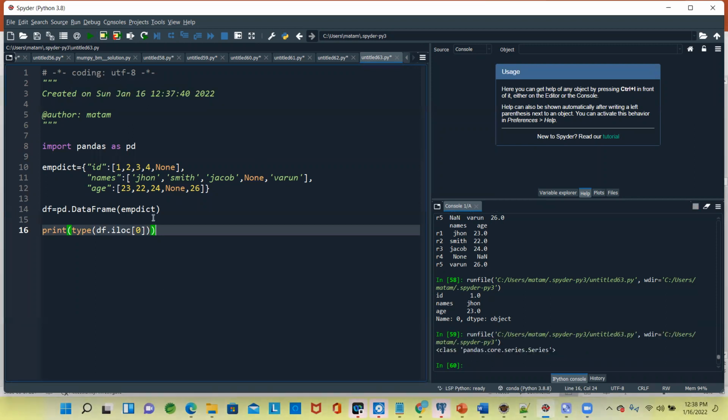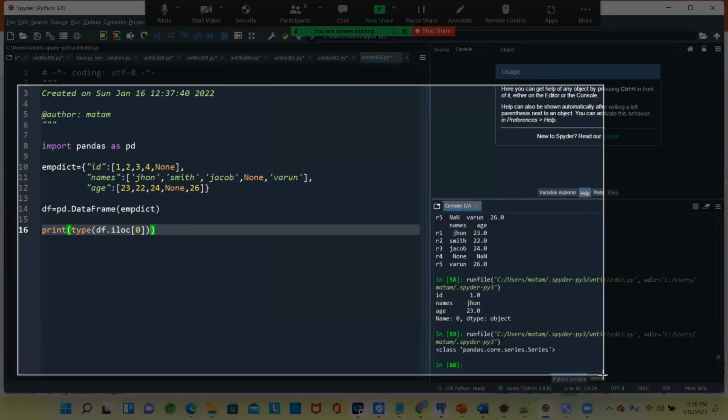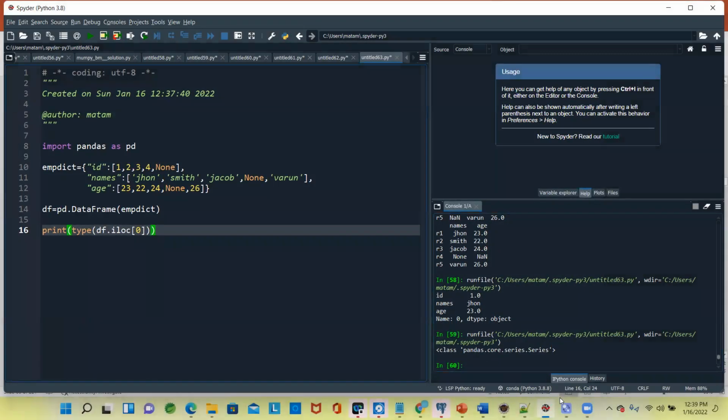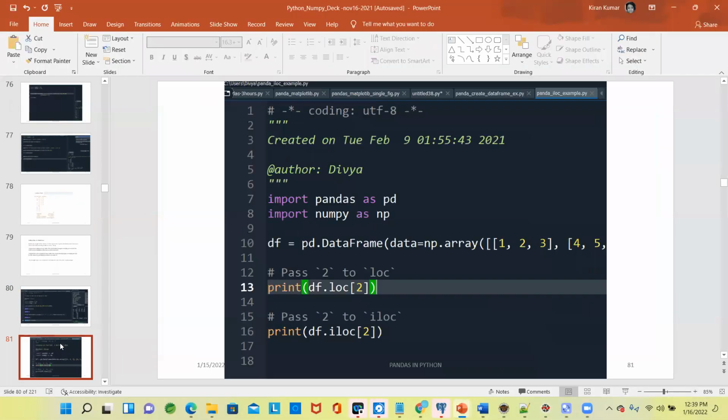So what is happening? It is a series. When you use iloc, I am getting one row of a data frame. We are not getting the entire data frame. We are getting one row of a data frame. That is nothing but a series. So from this we can derive a definition. A collection of pandas series is nothing but a data frame. We need to understand that also. So how to access a series from the data frame. That is another beautiful example we got now.